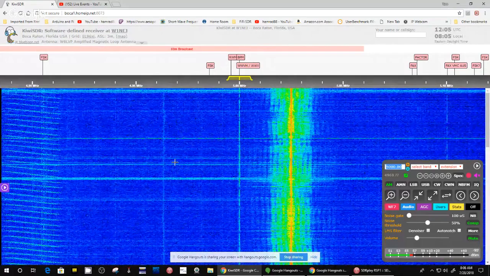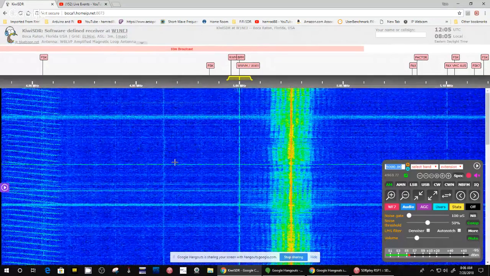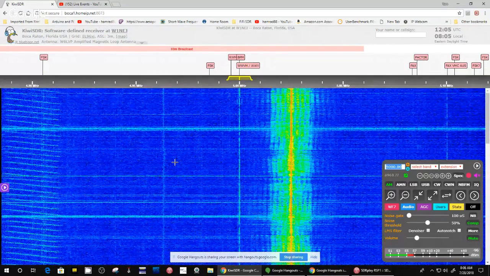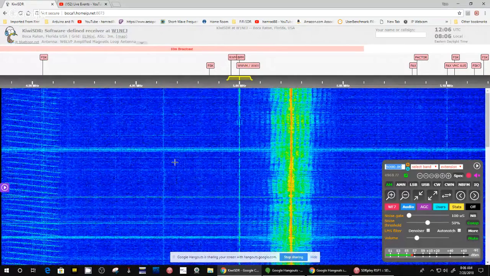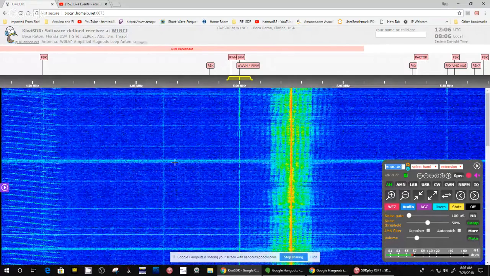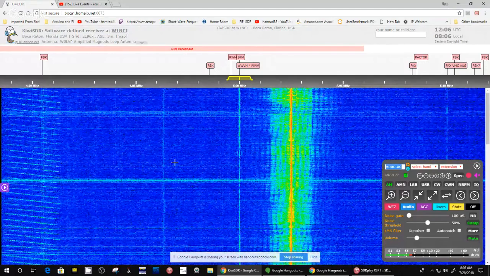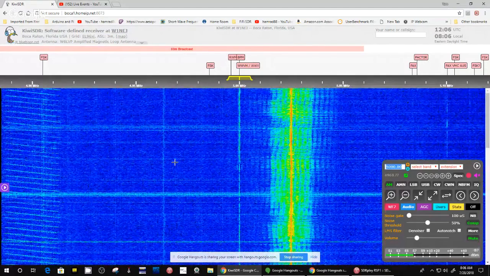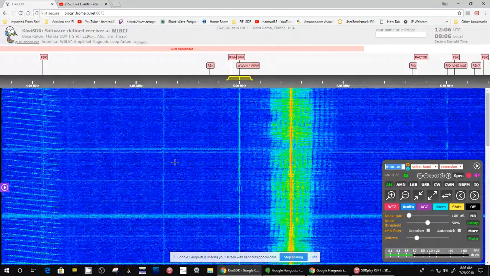So right now, I'm at the Kiwi SDR website, and I've selected one of the radios. This particular radio is close to me. It's down in Boca Raton, Florida, which is southeast of me, probably 250 miles. So I was going to compare what it receives and what I receive.